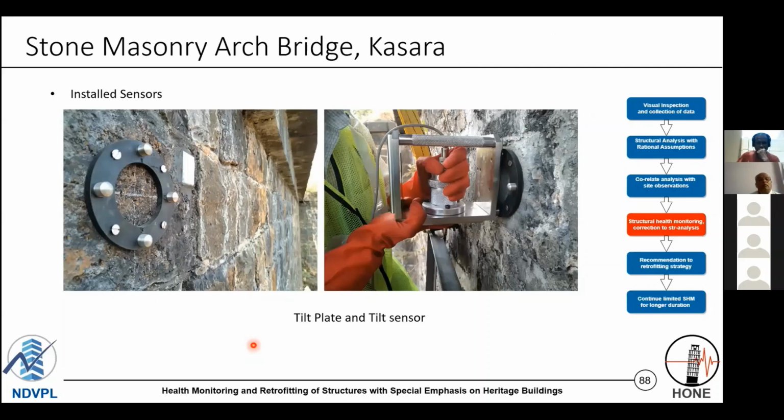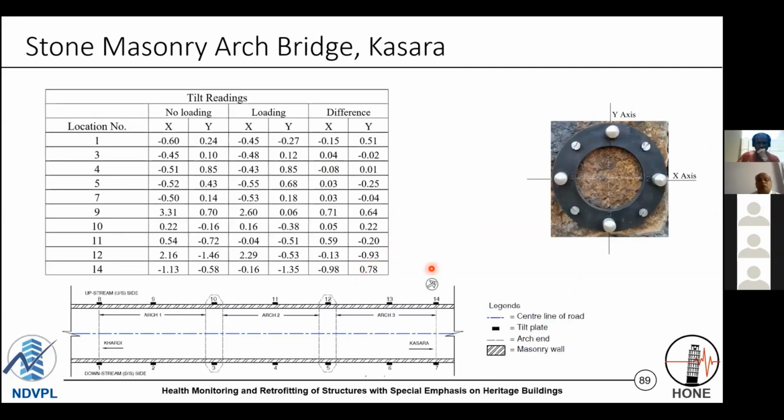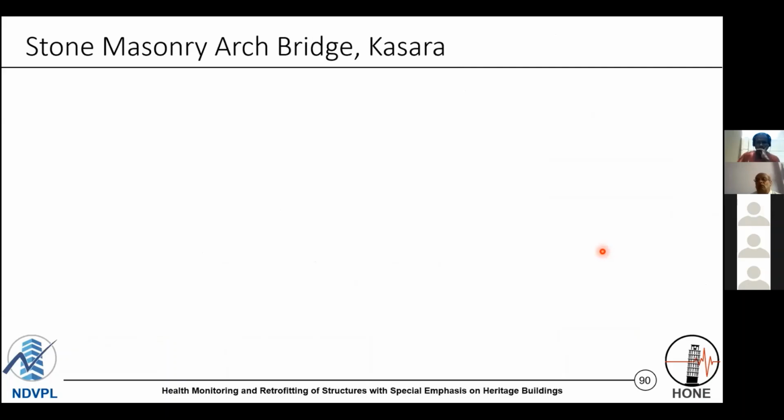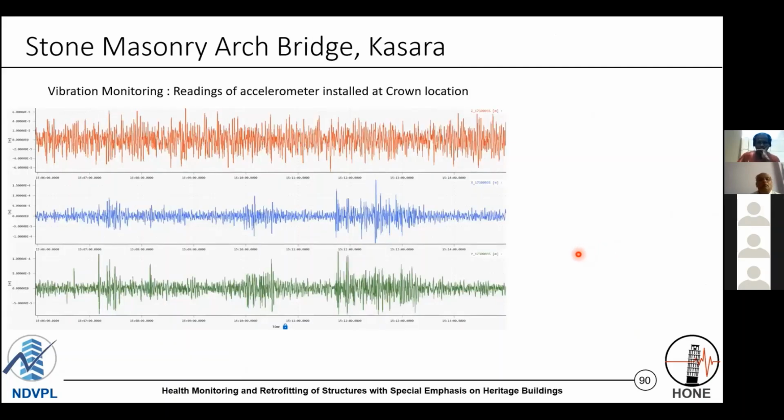Similarly, we checked for tilt. The tilt value difference was everywhere less than 1 degree, about the x-axis as well as about the y-axis. So it was very insignificant, the way we were expecting again. We calculated the vibration for the bridge when the vehicle was passing. We checked the vibration when the vehicle was not passing and when it was passing. Like here you can see, when the vehicle is passing, the vibrations are increasing, 1, 2, and 3, depending on the speed of the vehicle.